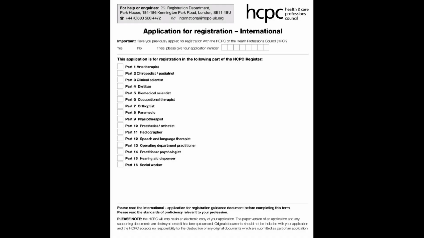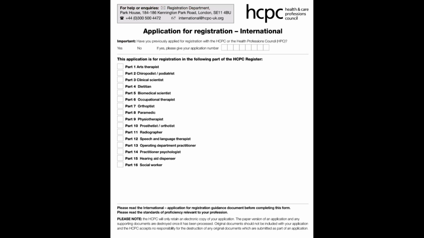So let us begin to fill up the registration form, and don't forget that you have to use a black pen and you have to fill up in block capital letters. In the above you can see an address along with an email address. Once after filling up this form along with the relevant documents and certificates, you have to either courier it to the above address, or in this pandemic situation it is received through email also.